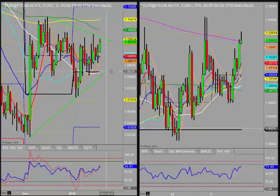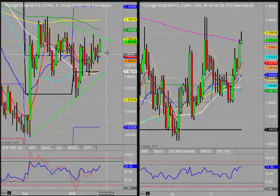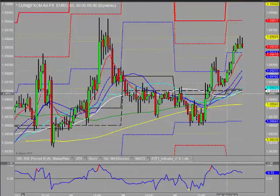It's still quite messy from a daily perspective, but as I said yesterday, we're still generally putting in higher lows, and most of the price movement is running in that vein. So it's erring towards maybe the bullish side in general. However, whilst I look at this market from an hourly perspective here this morning,